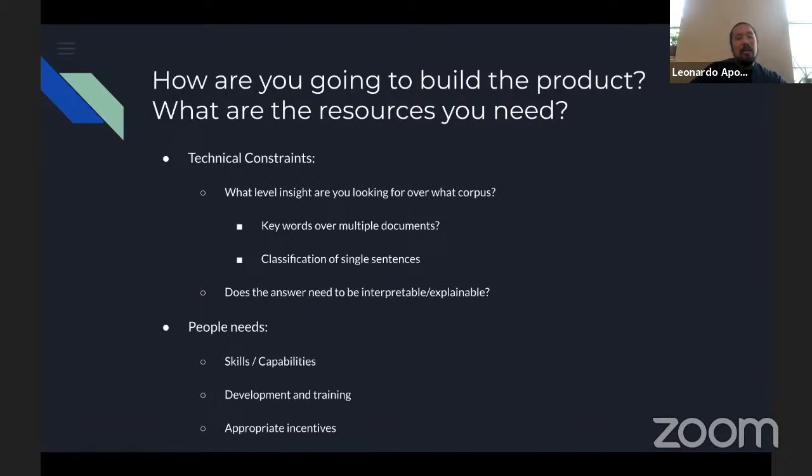And then another typical use case or aspect is, does the answer need to be interpretable or explainable? So how do you know if a predicted explainable clause is an explainable clause? Like, do you need to justify that identified sentence or section? And depending on your use case, the answer might be self-evident because the answers are reviewed by subject matter experts. However, if you get to other use cases around maybe topic modeling or sentiment extraction, it might not necessarily be